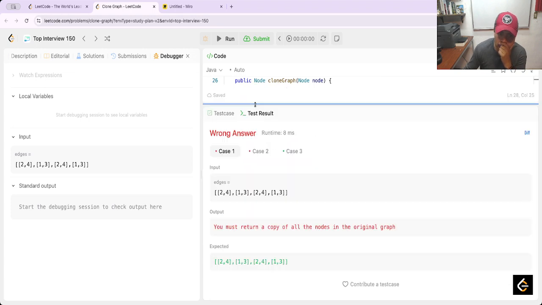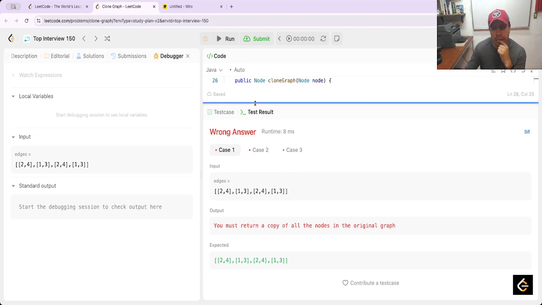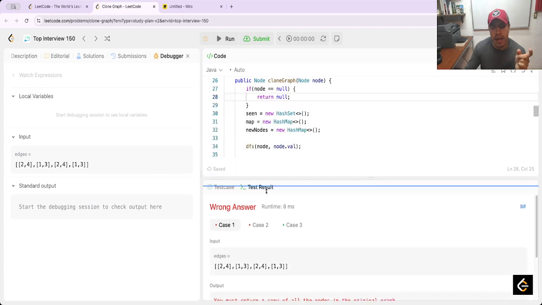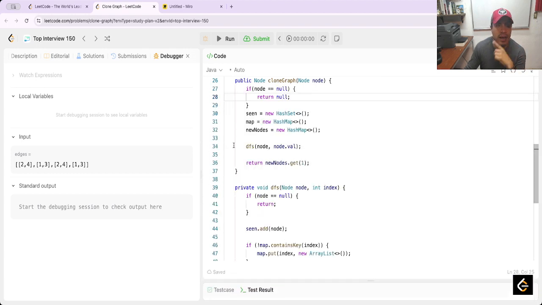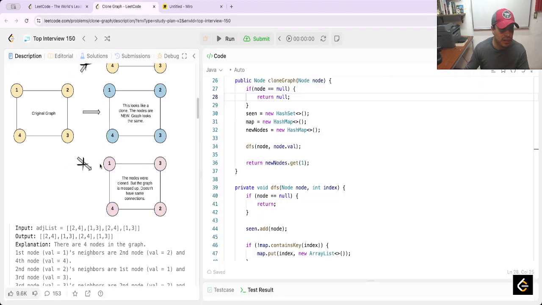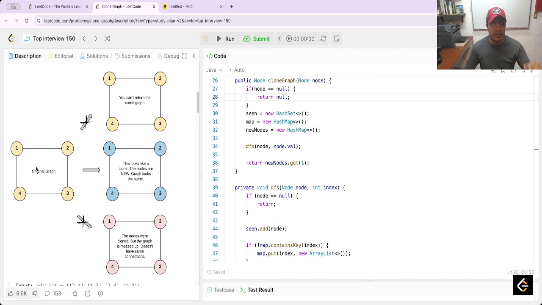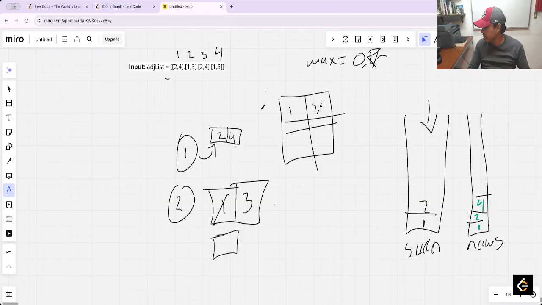You must return a copy of all elements in the node in the original. You must return the copy of elements node in the original graph. Got it. Oh my gosh, it's a very noisy question. Yeah, I understood. Basically, this is saying that we need to return a deep copy, but in the same graph. Means that